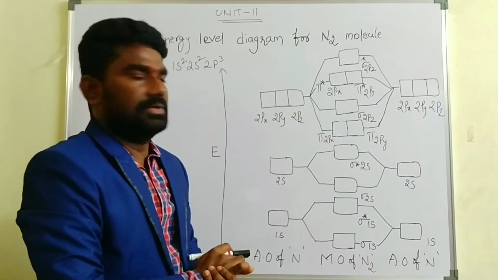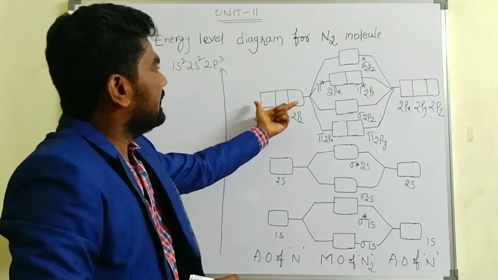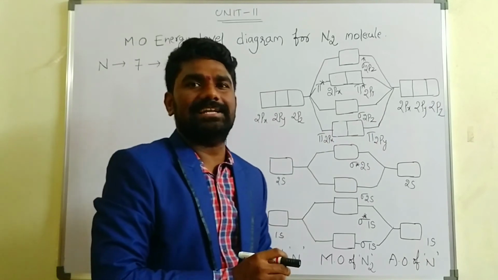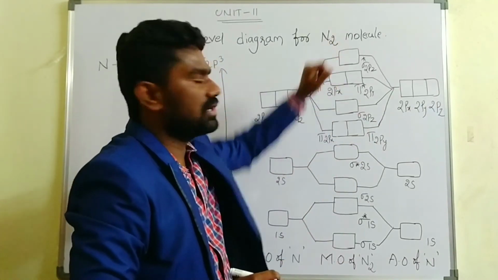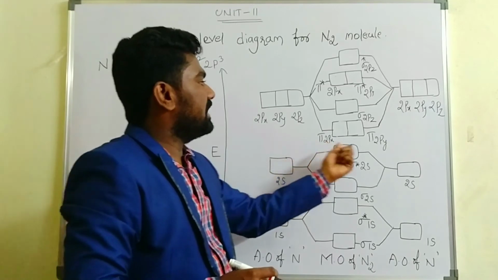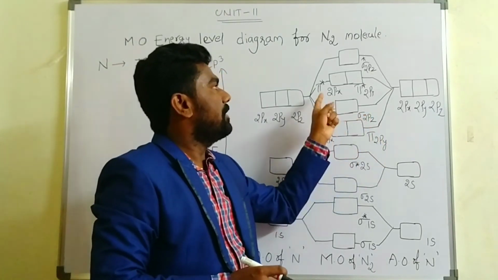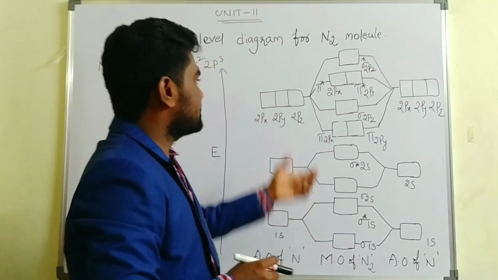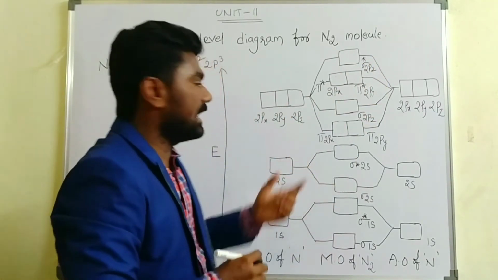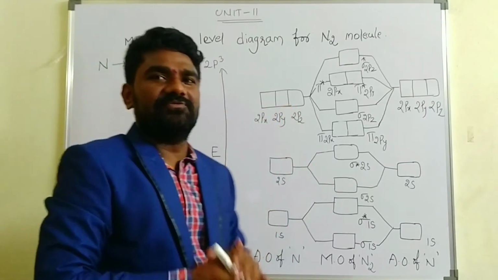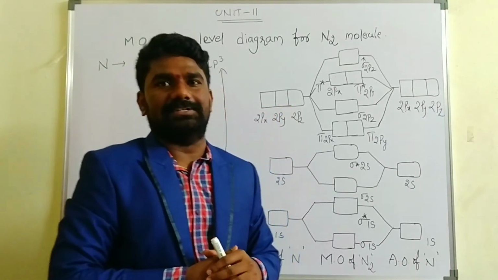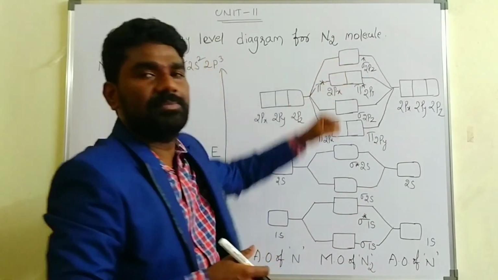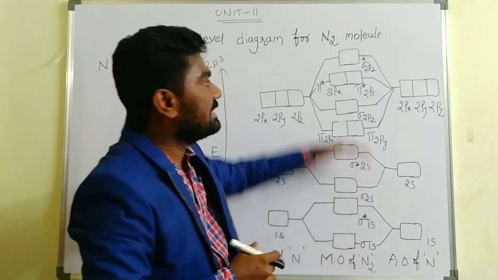Here, if you observe, 3 atomic orbitals plus 3 atomic orbitals, total we have 6 atomic orbitals, so we will get the 6 molecular orbitals. Those are pi 2px, pi 2py, sigma 2pz, pi star 2px, pi star 2py, sigma star 2pz. As we discussed earlier, it comes under the first category, that is up to 14 electrons, isn't it? Up to 14 electrons, we have the relative energies of the molecular orbitals in increasing order.